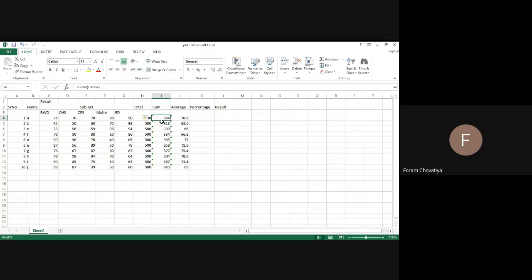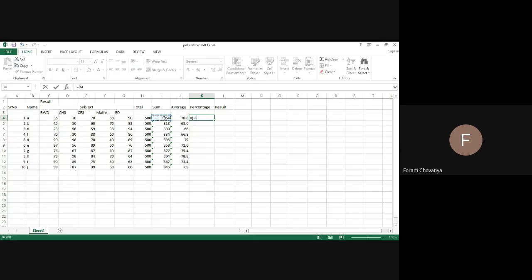So again I repeat the formula for percentage. First of all, we take the student's obtained total marks, divide by the total of all the subject marks, into 100. Then here I write the formula: equal to, in bracket, the student's obtained marks, its cell is I, which cell, I4, right?